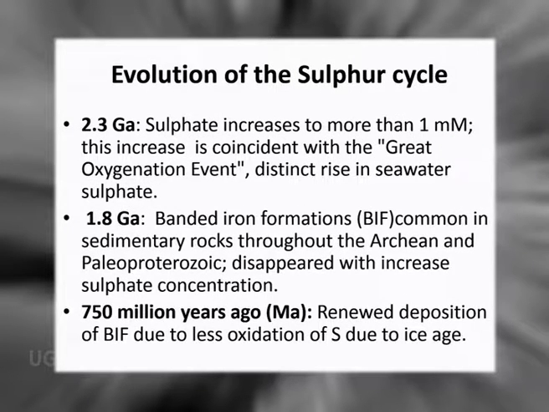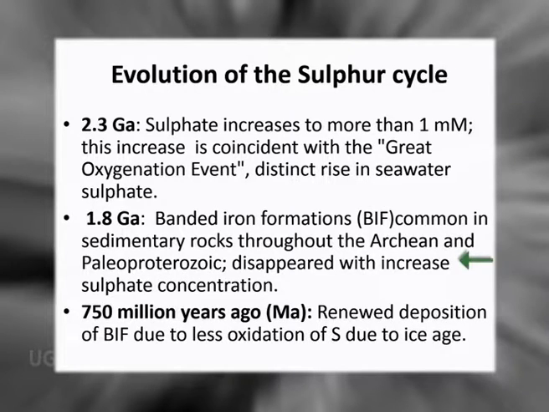It was around 2.3 billion years ago that there was a gradual oxygenation event, meaning the reducing environment of the earth was converted to an oxygenic environment, and this created more sulfate. Where? In the ocean. And this particular increase in sulfate, very important, is actually coinciding with the typical banded iron formation, we call it BIF formation, around 1.5 billion years ago. And this particular banded iron formation is also going along with the Archean evolution.